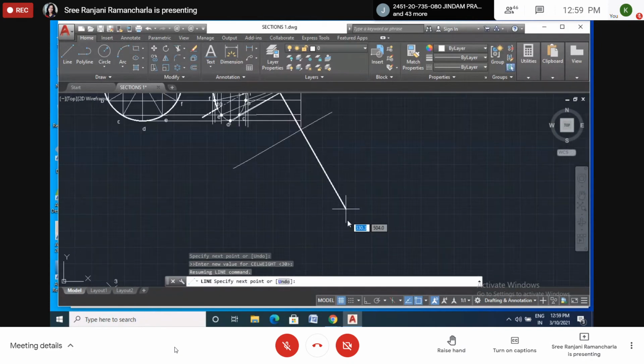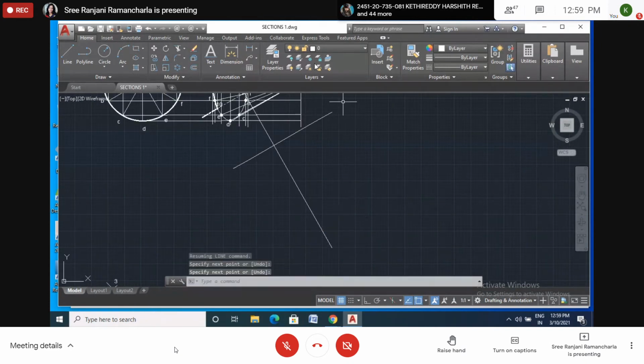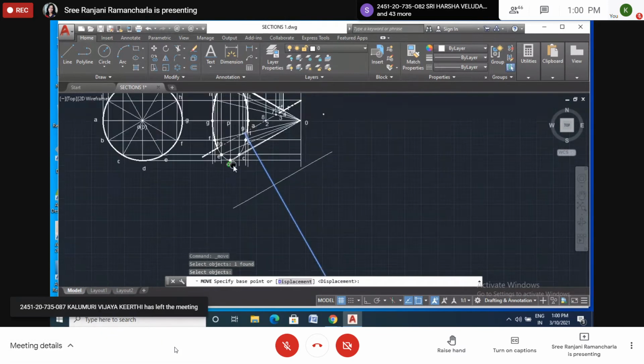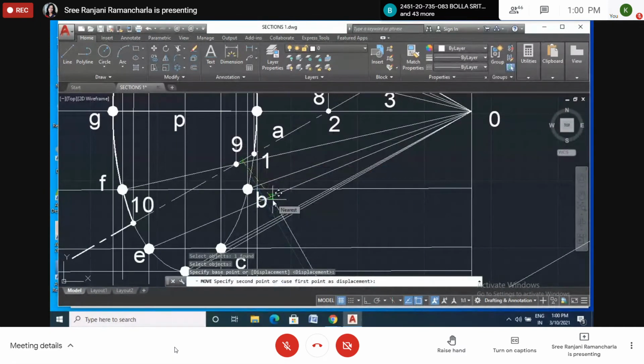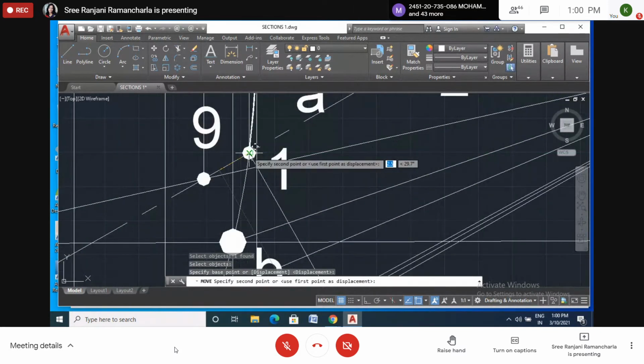Later on we'll deselect this one. I want to draw one line like this. Then I will move this line first. Move, select this point. I'll zoom it and I'll take this point. And where is 1 now? This point is 1. So exactly I'll move at this point 1.